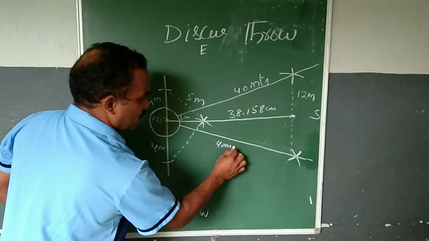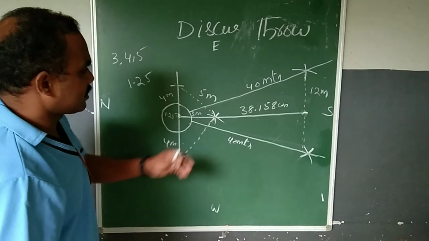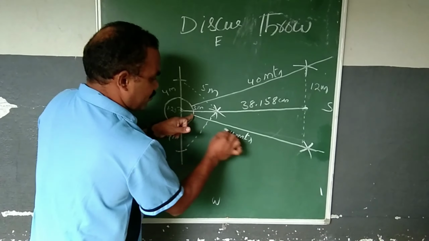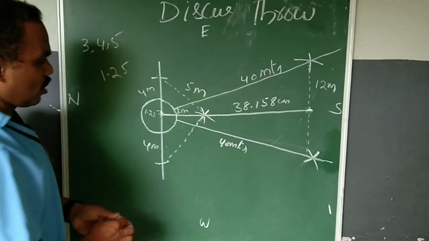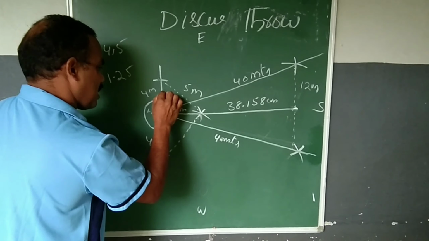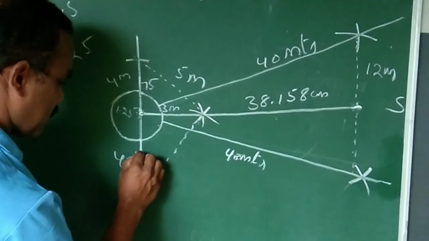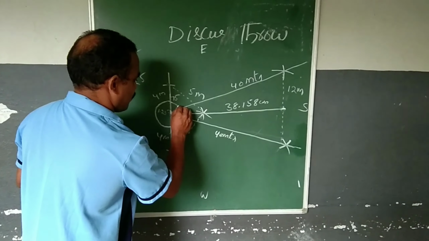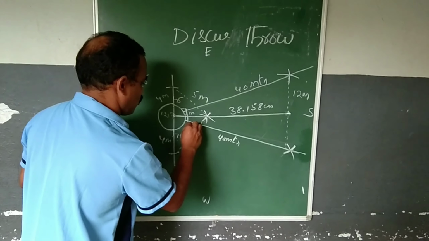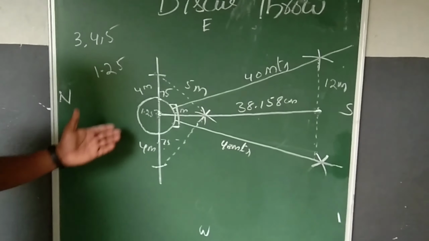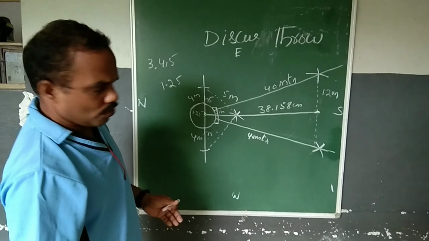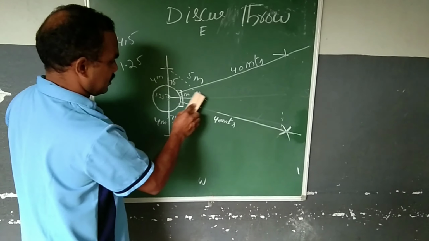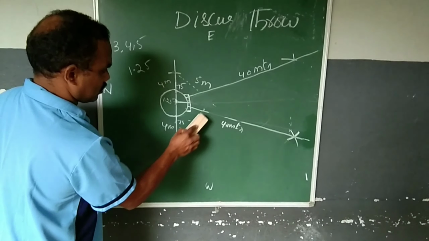Now the sector has come: from here to here 12 meters, from here to here 12 meters. The line should be joined for the 40 meter arc. The sector side line should be 75 meters, from here to here 75 meters. So now it is the discus throw arc. In the same way the toe board should also be the same 1.22. This is the discus throw arc. Once you complete this and rub out all these lines, it will come to the discus throw sector.